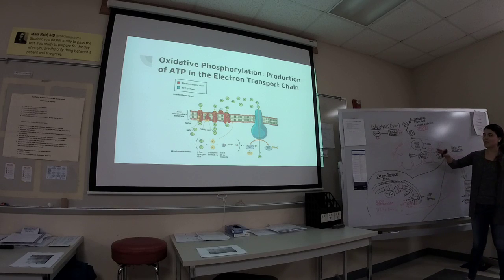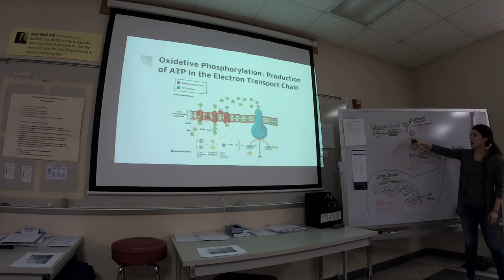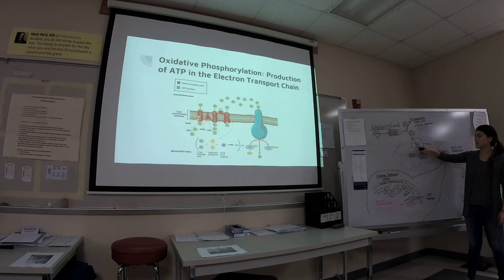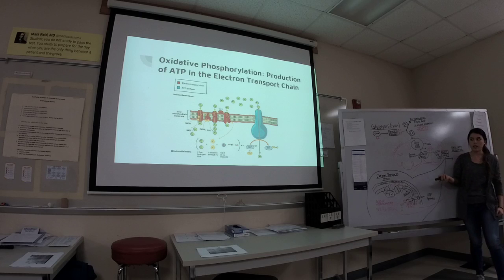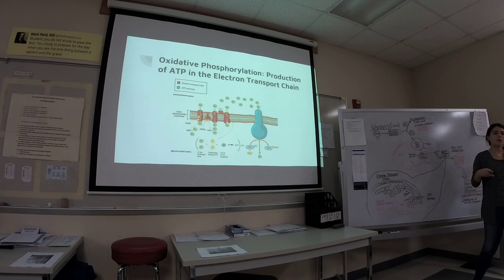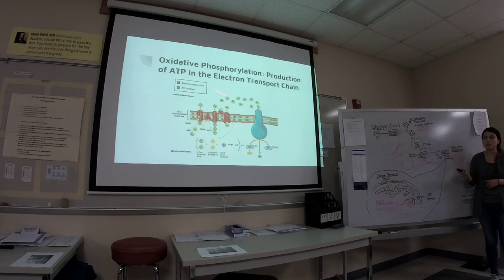So I know I went through that a little fast, but after the citric acid cycle, which is in the mitochondria, now we're in the inner membrane space of the mitochondria. So this is where the oxidative phosphorylation occurs, where the mass amount of ATP is being produced. So those electron carriers eventually, there's a series of reactions that happen within here, and eventually it pumps protons out of the cell. And these protons are really important for the production of ATP because